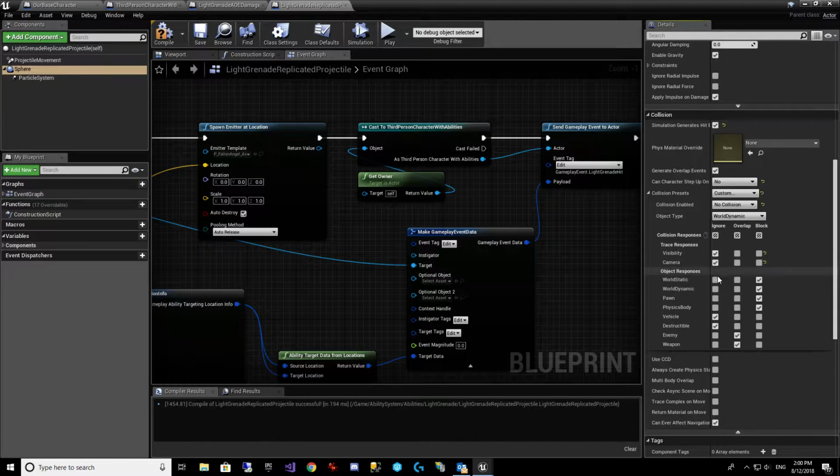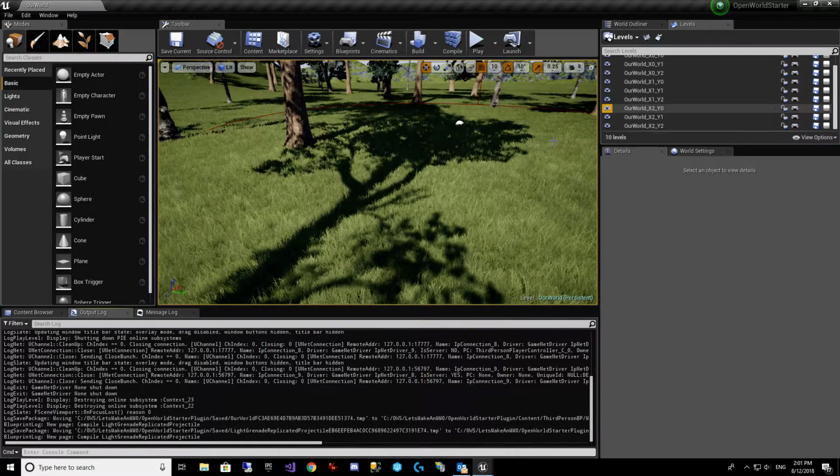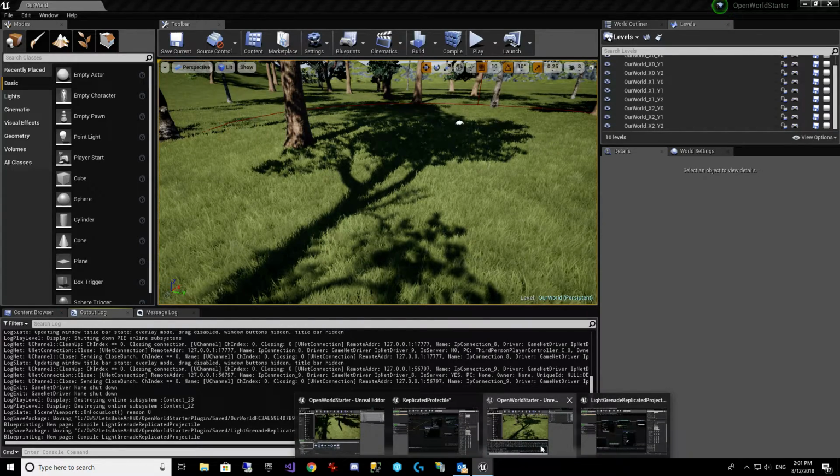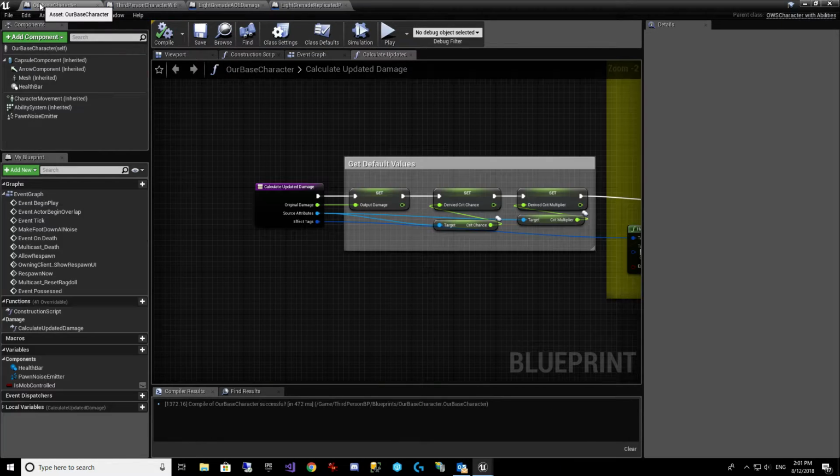No, we don't want this to block the camera and the visibility. We don't have vehicles or destructibles. Interesting. Let's see what our collision is on our, oh, we might have already had that open. On our base character,